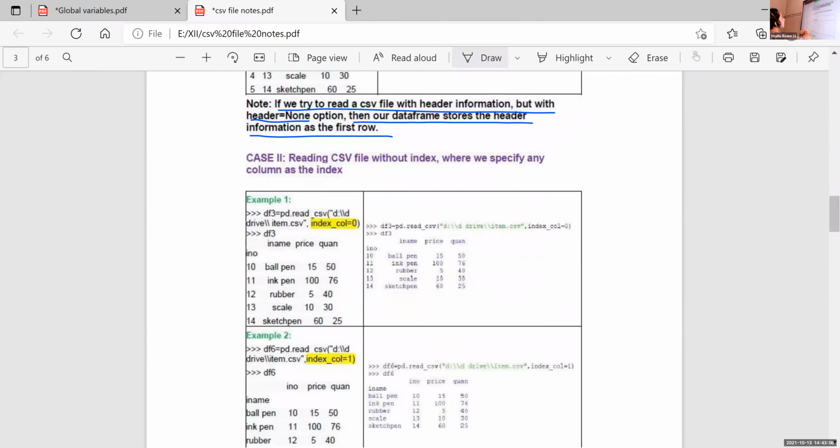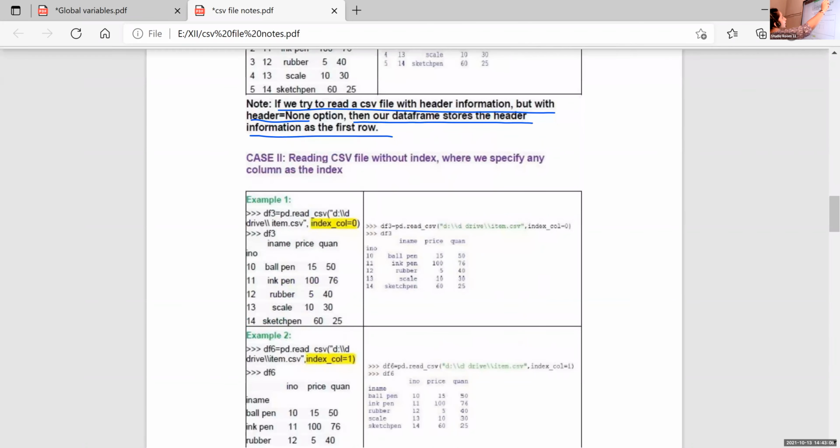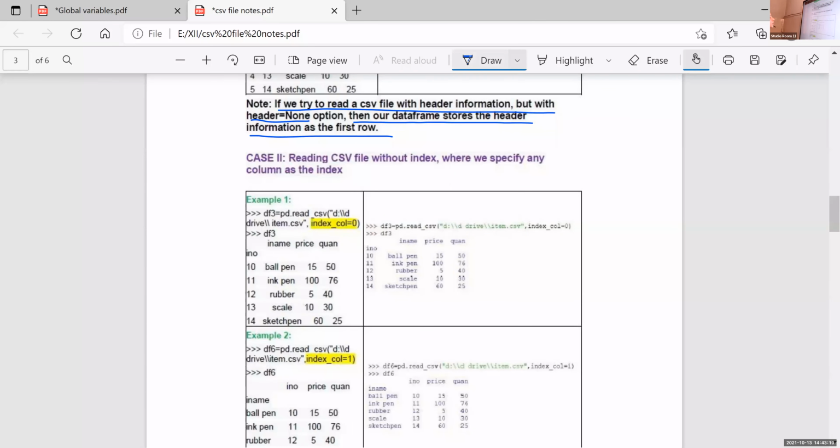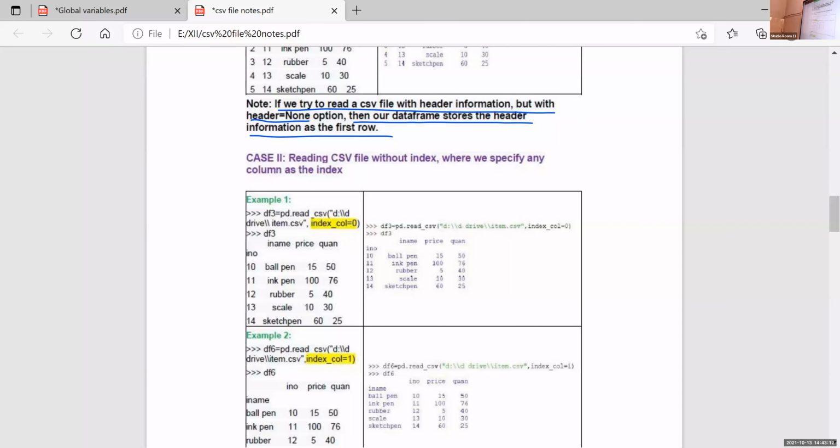Then reading a CSV file without index, where we specify any column as the index. So without index is the next heading. In that case, we use index_col equal to 0.